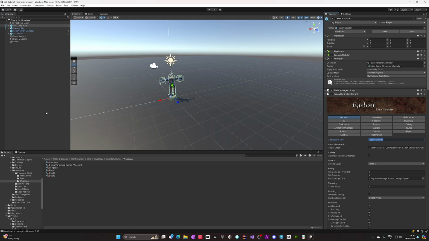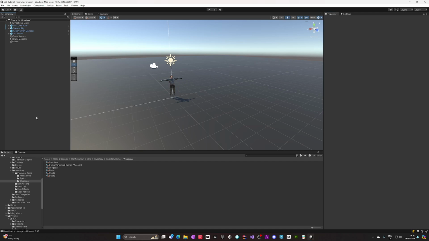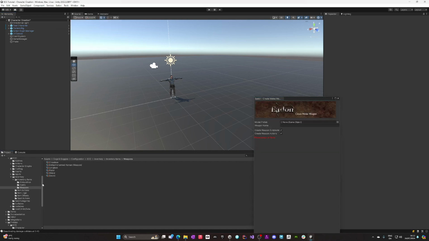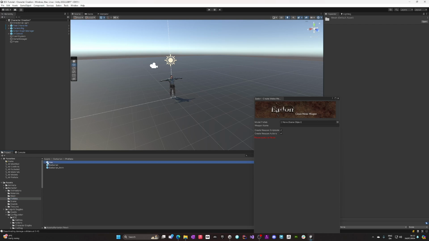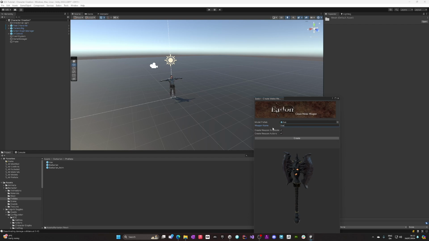The last part of this tutorial is how you create a melee weapon. Creating a melee weapon is very simple. You go to create melee weapon, and let's find a weapon like, for example, the axe of the barbarian. We can call this axe. Then you have two checkboxes: create the weapon scriptable object and create the weapon action. And you can click on create,